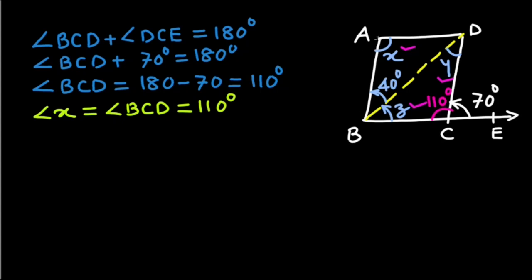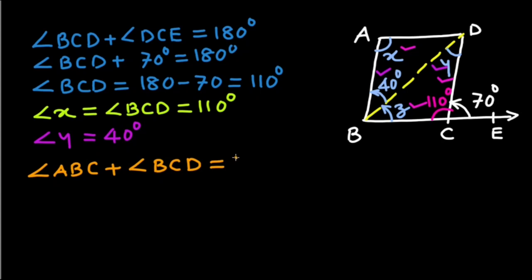In parallelogram ABCD, because of diagonal BD, angle Y and angle 40 will be alternate angles. Therefore, angle Y will be equal to 40 degrees. We have seen adjacent angles of a parallelogram are supplementary. Therefore, angle ABC plus angle